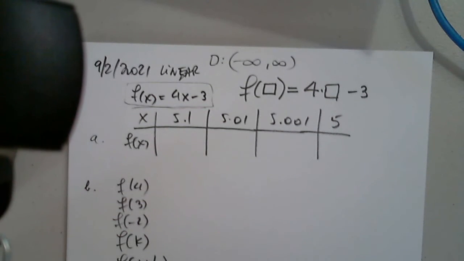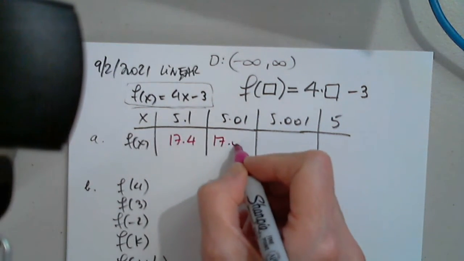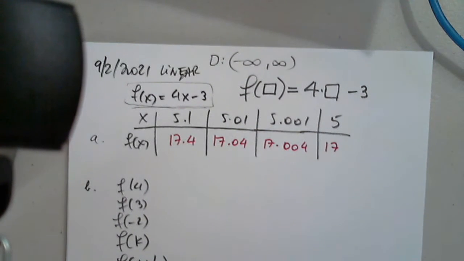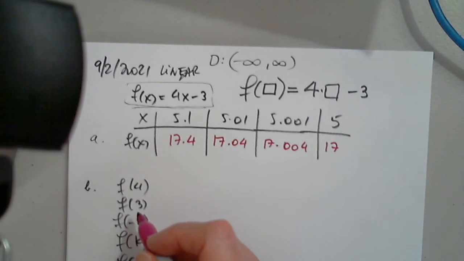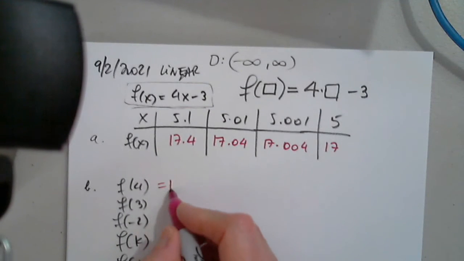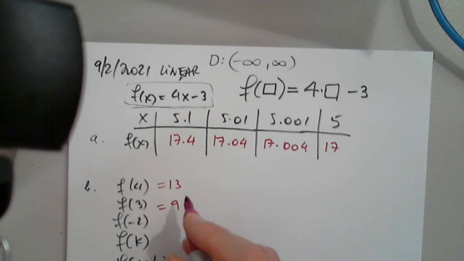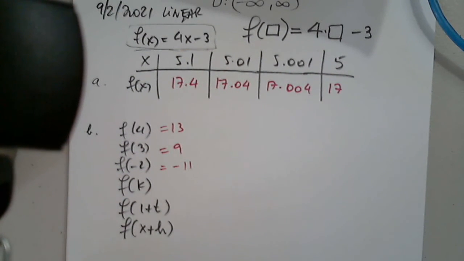So I can copy them in the table. So I have 17.4, I have 17.04, 17.004, and then 17. And for f of 4, I have 13. For f of 3, I have 9, of course, and then -2, -11. Now for the others, I would perform the same steps, but I cannot use the calculator. Meaning,